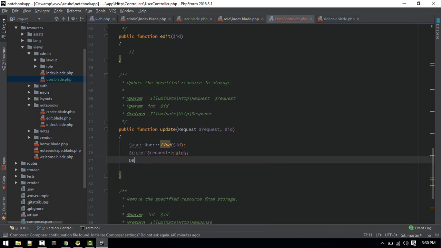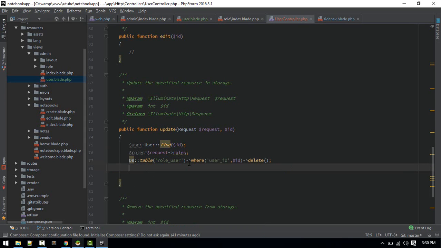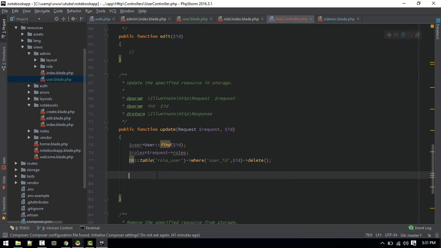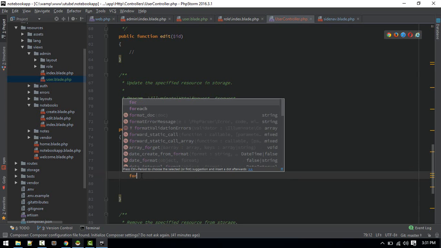So DB table role_user, and then we want to create new roles defined in this update field. So for each,